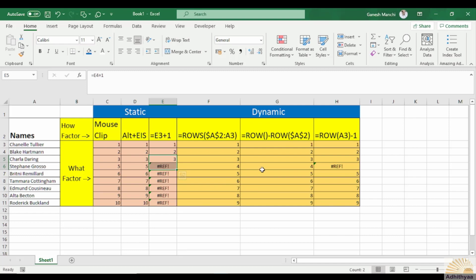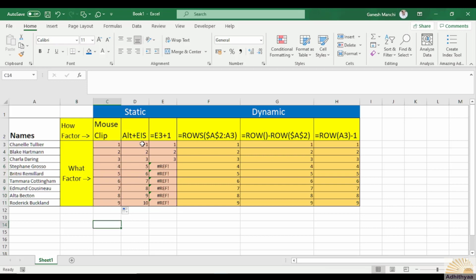But in the dynamic, after 3, it has automatically become 4 and 5 and 6 and up to 9. Here also it has become after 3, 4 and 5 and 6 and 9. But very specifically, here, this is an error which is showing #REF, where you need to just click on this and it will become automatic. Now let us see why this has happened, because here you have given it manually. So again you have to go there, double click. Wow, this is wrong. You have to go and choose and then double click 9.